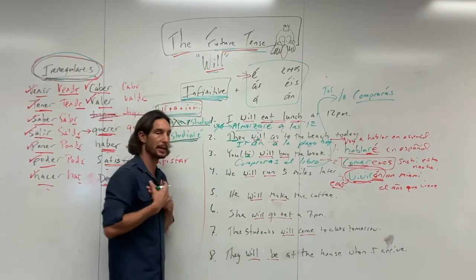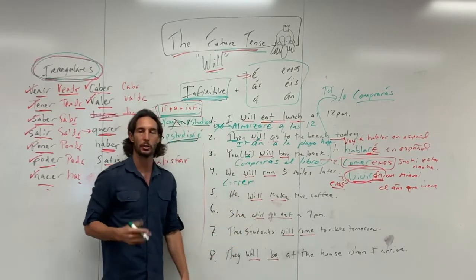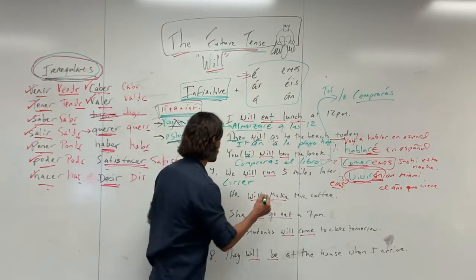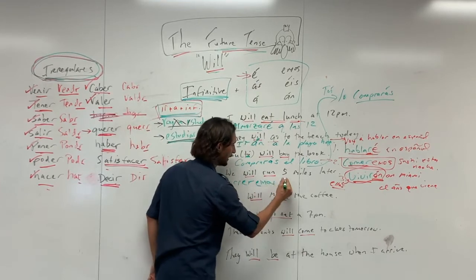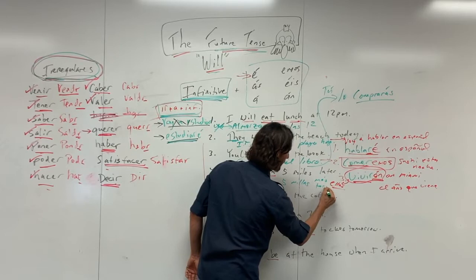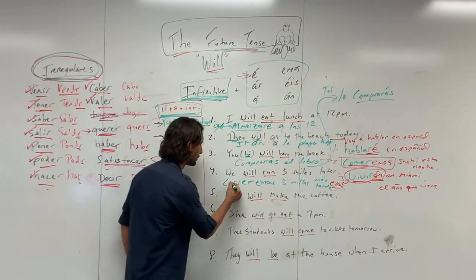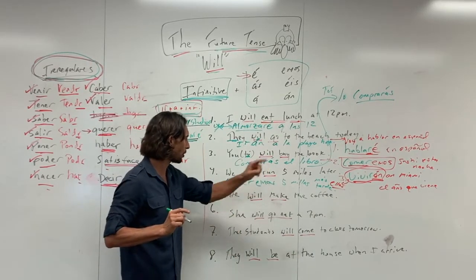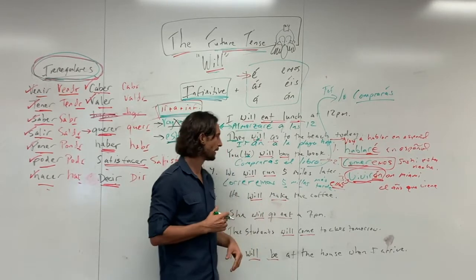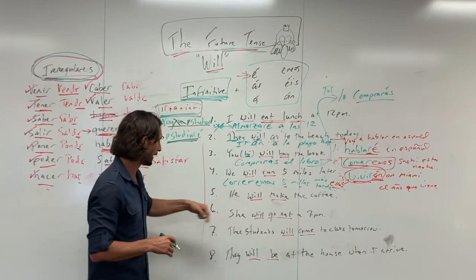Okay. We will run 5 miles later. Okay, so we know how to say to run. It's correr, right? So correr, so we know how to do that. So now we're going to say we will run, and so we'll use -emos. And then 5 millas más tarde, right? So that's how we say later. So más tarde, later. So correremos, that's a fun one. Correremos 5 millas más tarde, right? And so again, that's how we do this. These are totally regular. We haven't gotten any irregular verbs in the future yet.